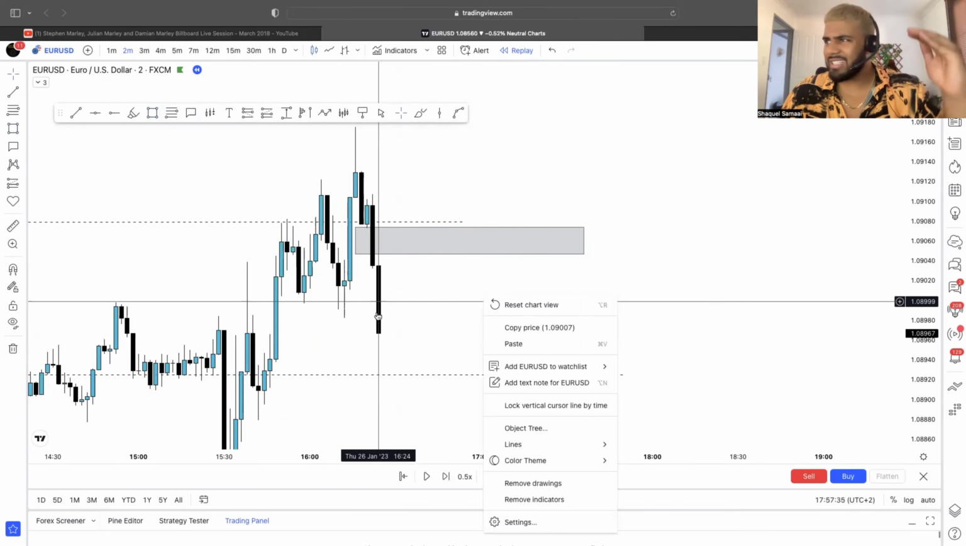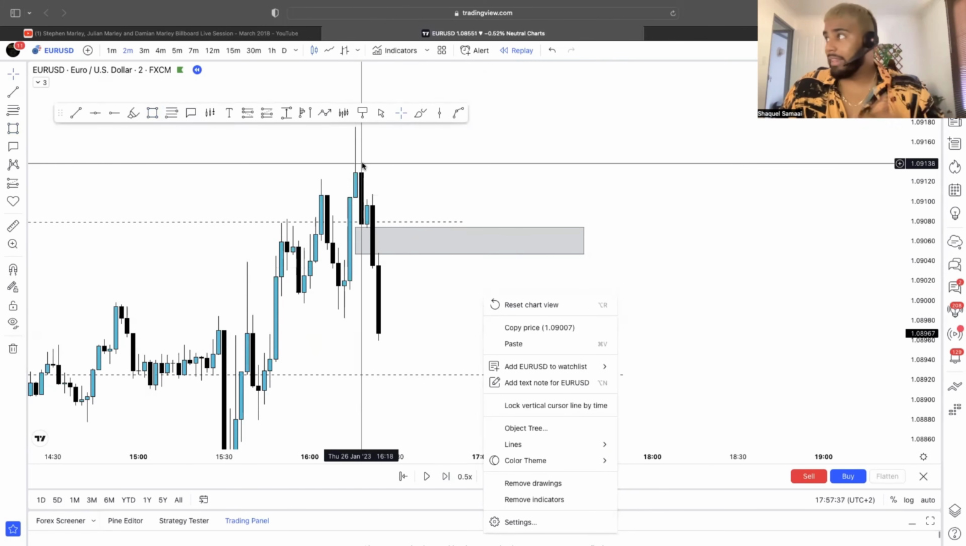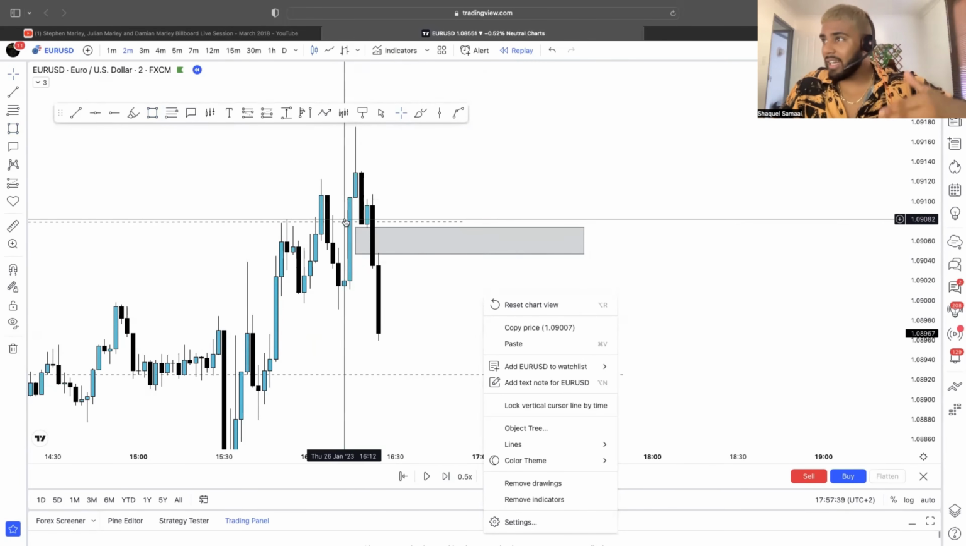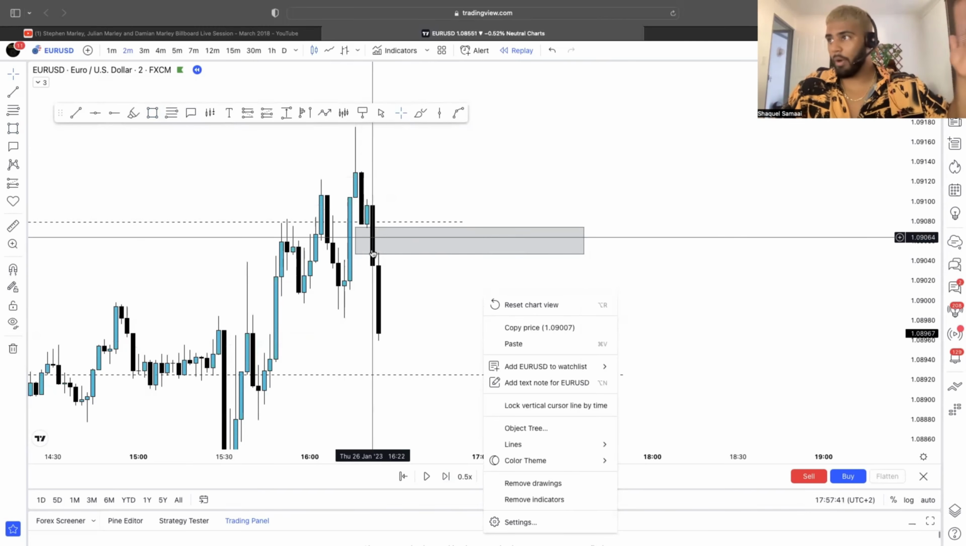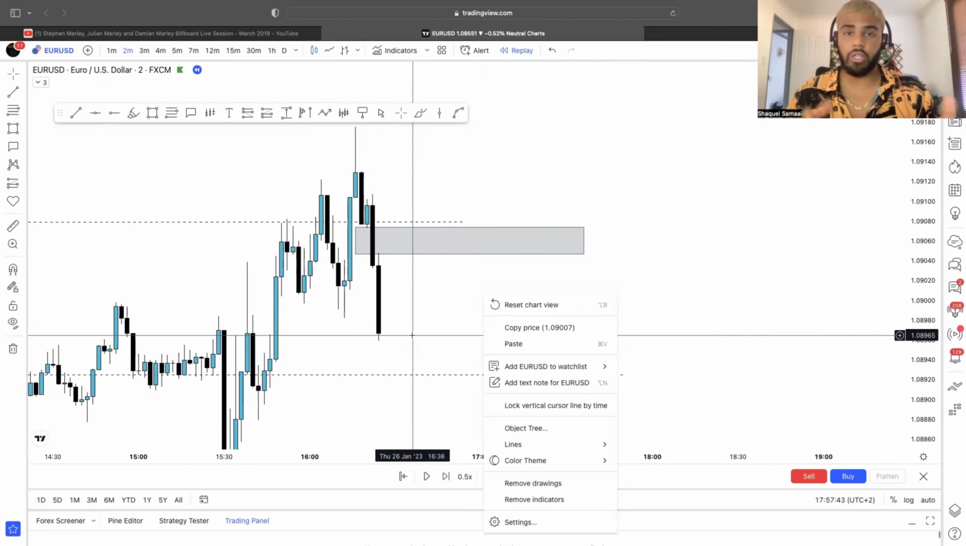Because now sellers are getting excited. The people who are buying, their stops are out. The people who are selling right here, their stops are taken out. When the market is showing us the entry,